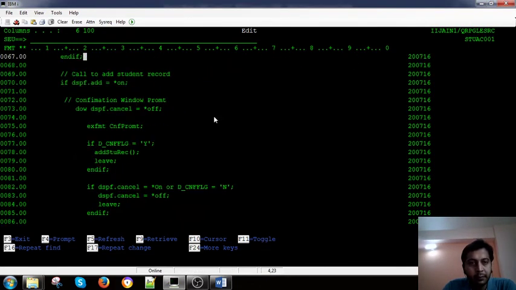And now you want to confirm that when the F6 add button is pressed, only then this should work. So when you press the F6 button, a confirmation window should appear, like this. If I press Y, then only I can add the record and then leave this window, right? If I press N or I cancel it, then I should leave this window and nothing would be added. So this procedure is not called here, right?